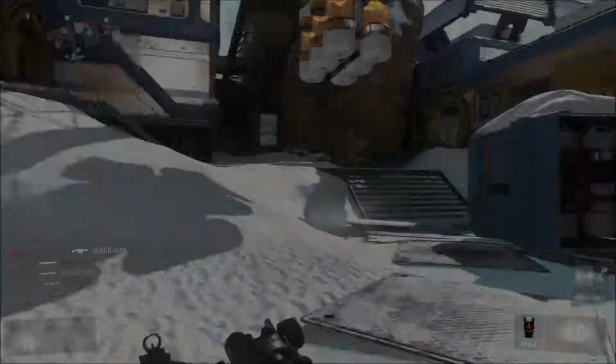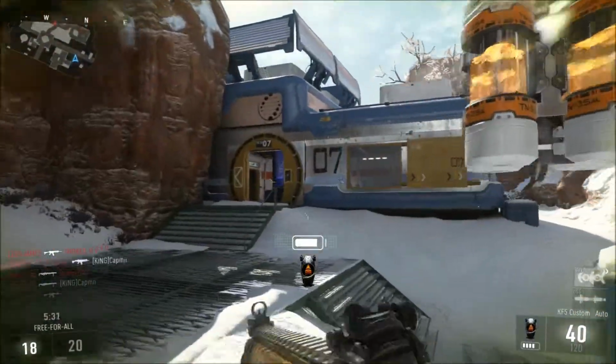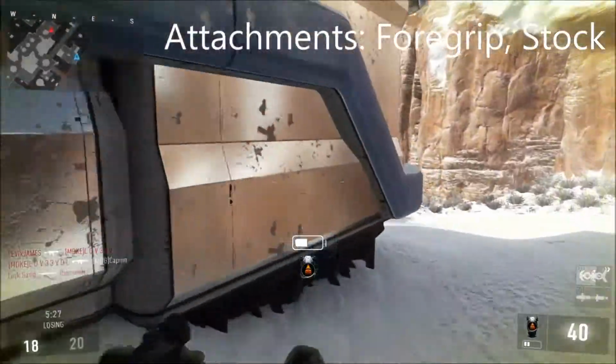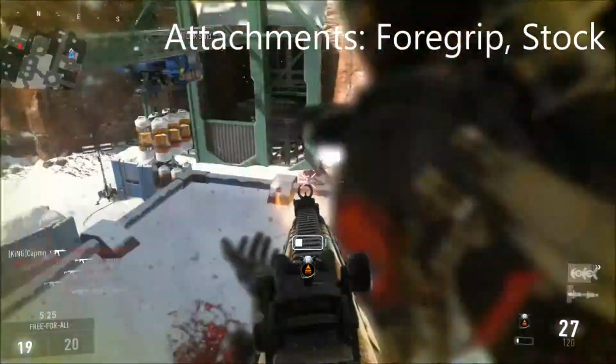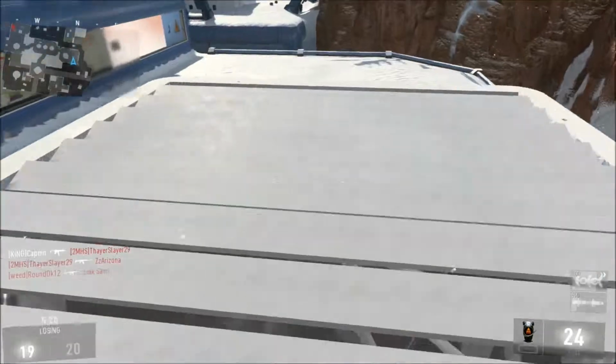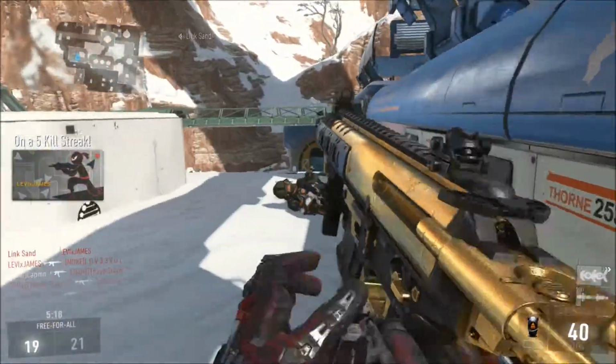And now I'm going to go over my recommended class setup. My recommended class setup for you guys is going to be the foregrip and stock. Foregrip, again, is going to greatly reduce that recoil. And you saw me using the suppressor earlier in this video, and I used to love the suppressor on this gun, but after taking it out and swapping it out for stock, I really do feel like the stock is a better option,